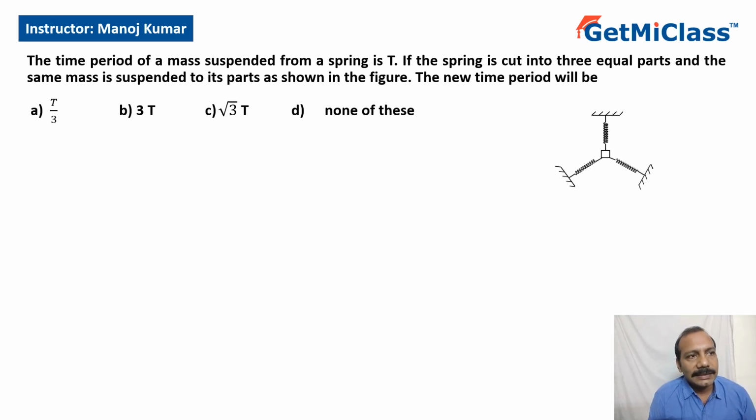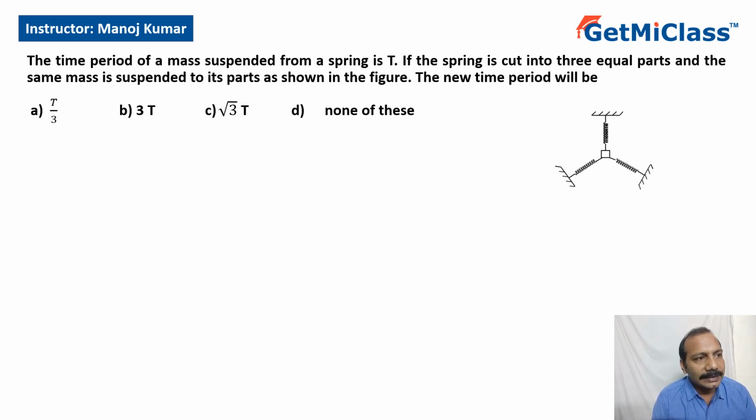This question says the time period of a mass suspended from a spring is T. If the spring is cut into 3 equal parts and the same mass is suspended to its parts as shown in the figure, the new time period will be. So the first time period is T, so I can write T equal to 2π root m by k,